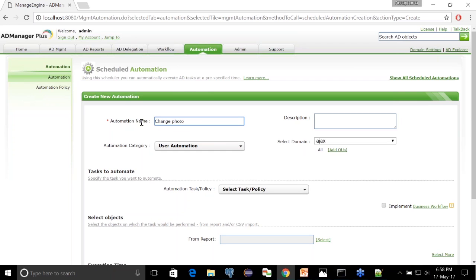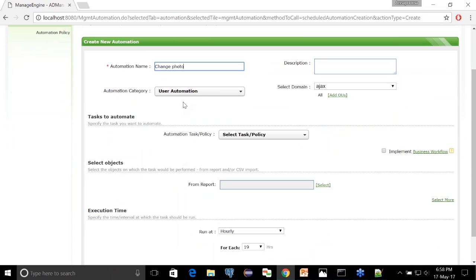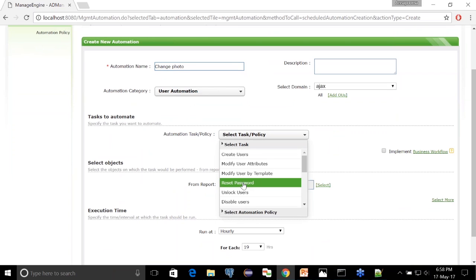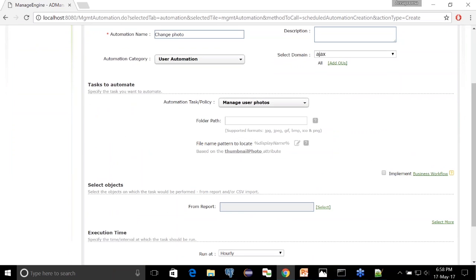So this is going to be user automation and I'm going to choose the task Manage Users Photos. And in here, you need to provide the folder path wherein you have saved the images of the user accounts. So you can just save the user accounts image in JPG or PNG file and you can just locate them using any of these patterns.